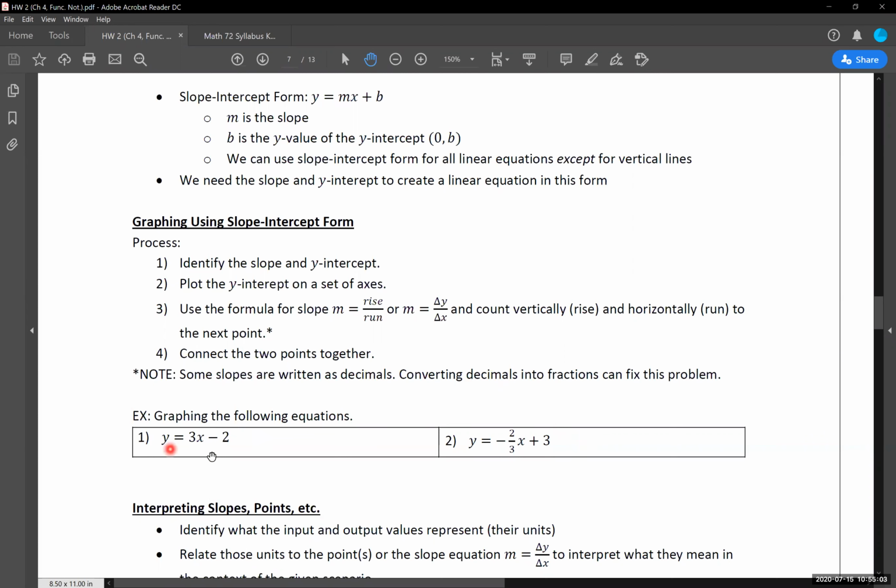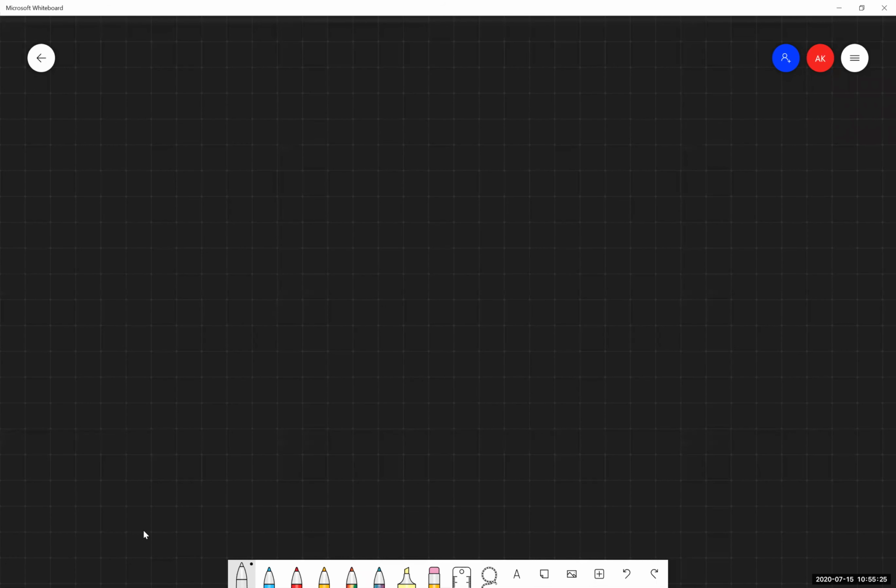So let's graph these two examples that we have using our method right up here. These are the two examples that we're going to reference as we go over to the whiteboard, or blackboard, I should say. I'm never going to get that right, it seems like. We'll go over to the blackboard and graph these things over there. So we're graphing these things.